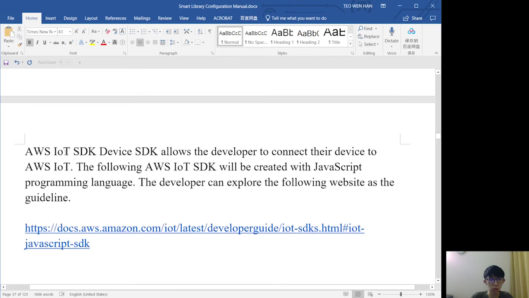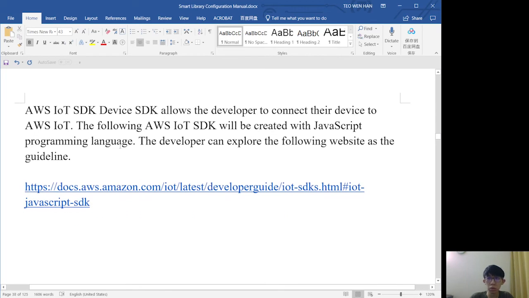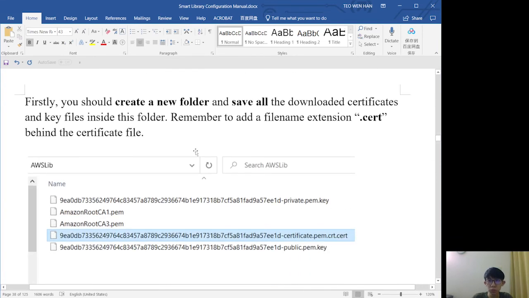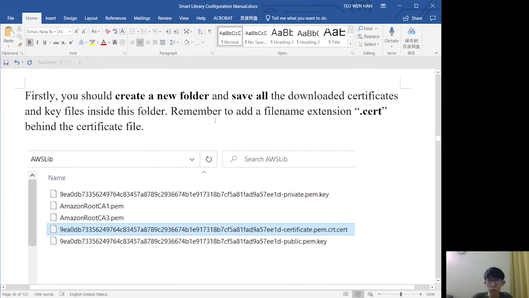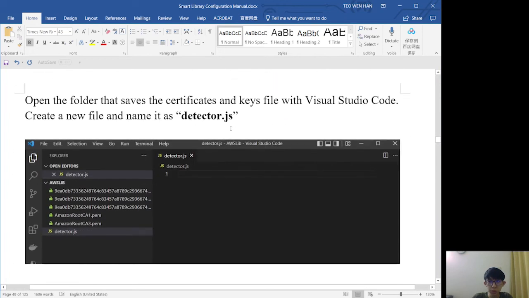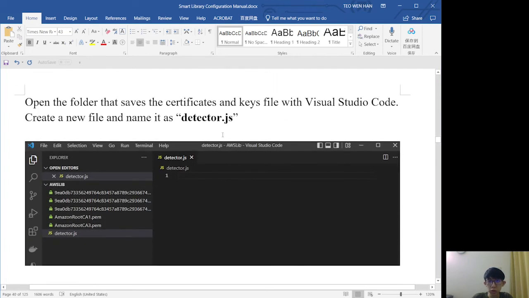Okay, now we need to use JavaScript programming to create this SDK. Then we need to store all the key files and the certificate files that we just downloaded into one folder. We use Visual Studio to open the folder that stores the key and the certificate, and then we need to create a JavaScript file.